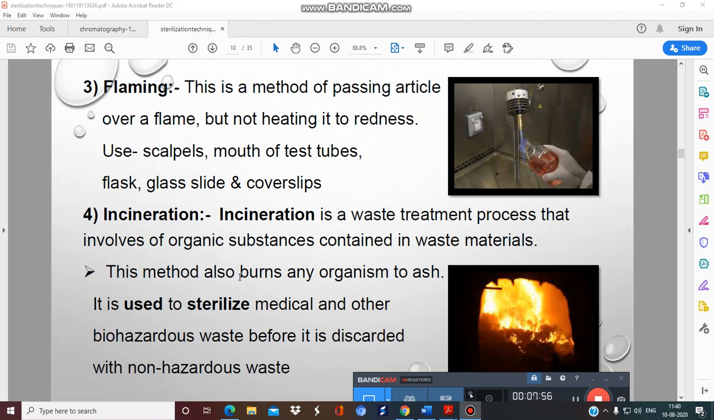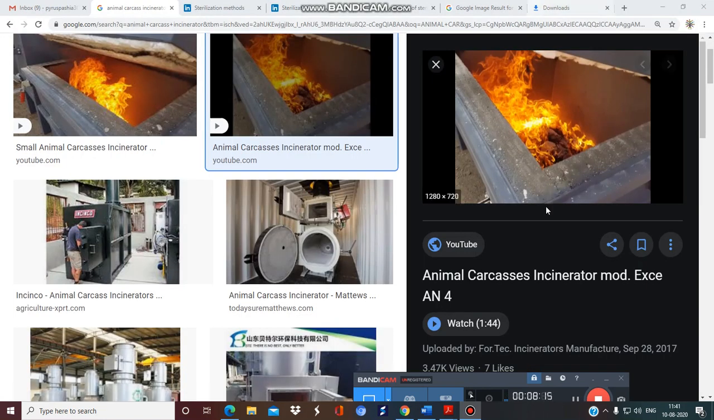So this method also burns any organism to ash, and it is also used to sterilize medical and other biohazardous waste before it is discarded with the non-hazardous waste. So it is also used to counteract the biohazard. Incinerators are also used to